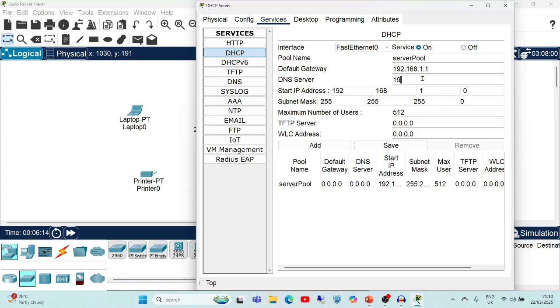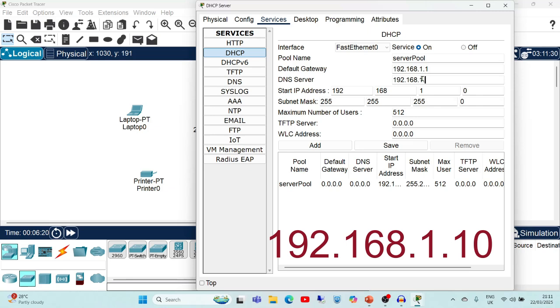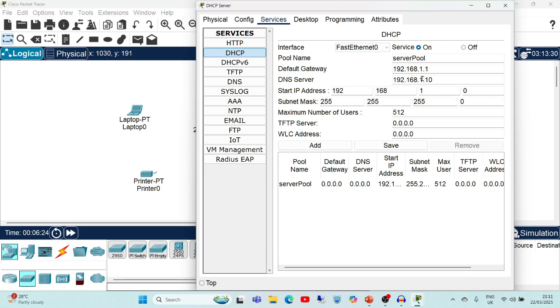So DNS server we will give 192.168.1.10. It will be the DNS server. Again, start IP address. I will give the start IP address as 192.168.1.11. Now see, from the network 192.168.1,